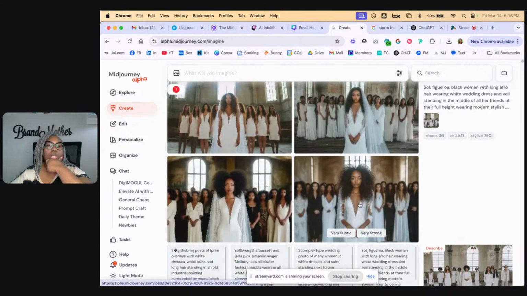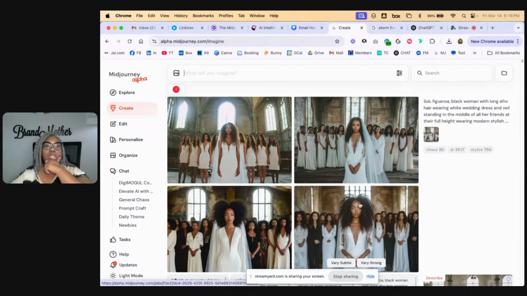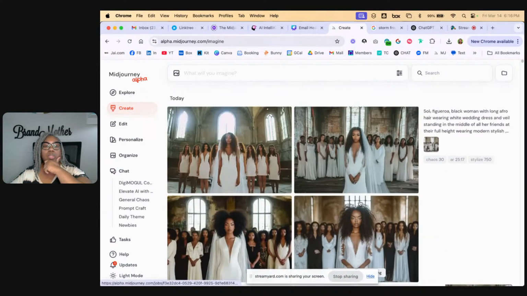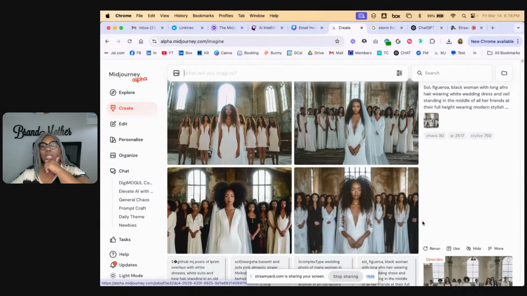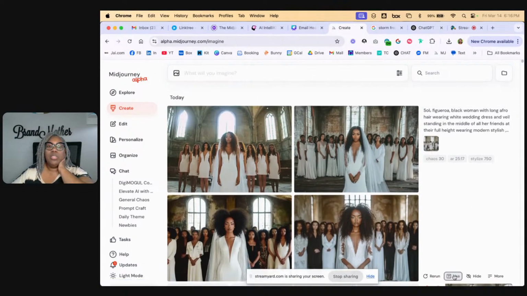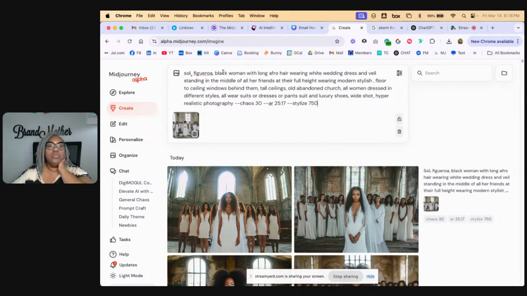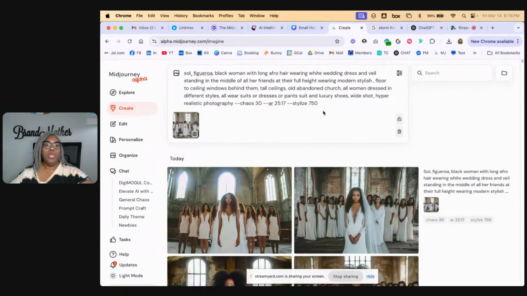And it got pretty close. Got pretty close. Okay, these it has the women in all white. They're not spread out enough, you know, so I would tweak the prompt. I don't want to spend the time on this to get it identical, but what you would do is go in and